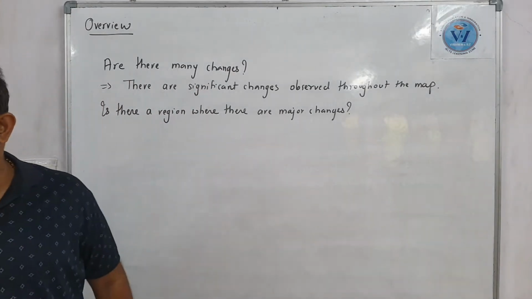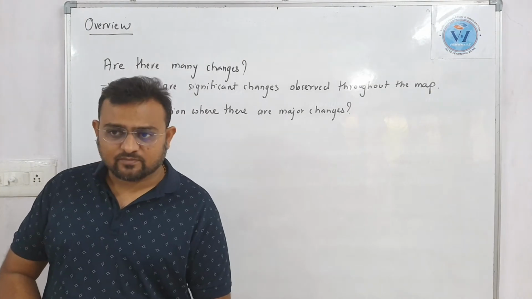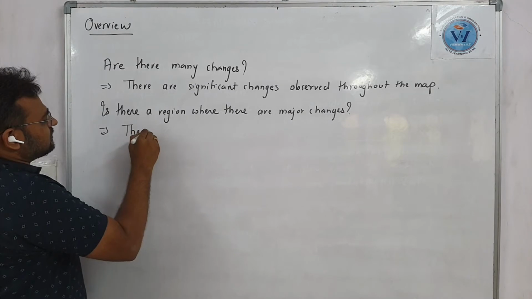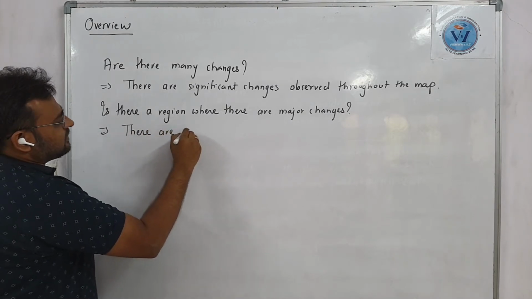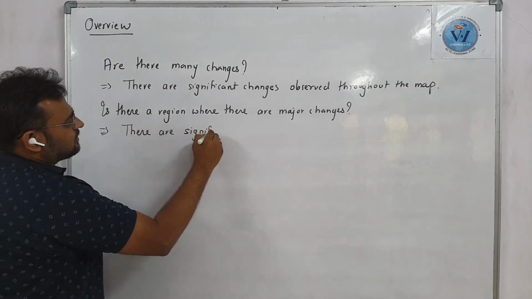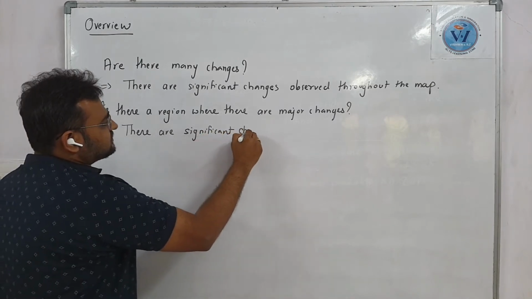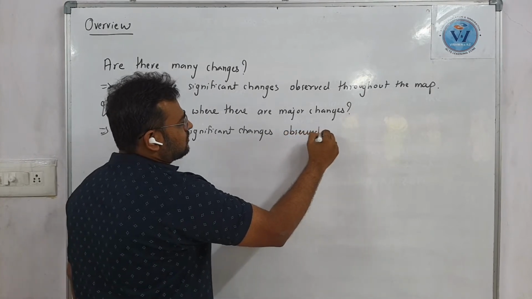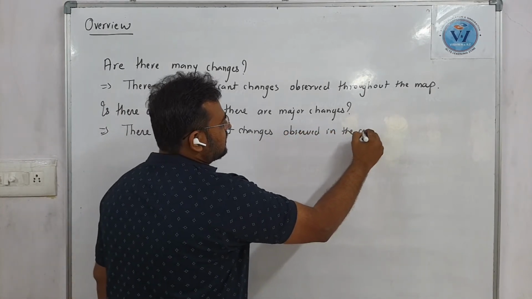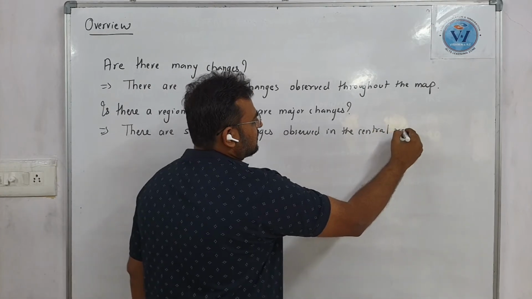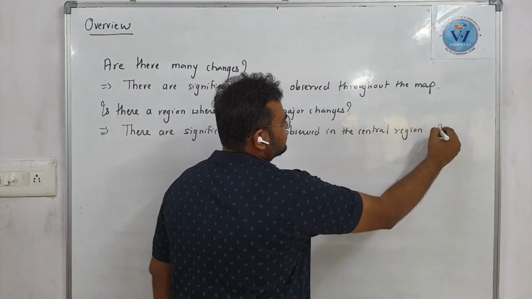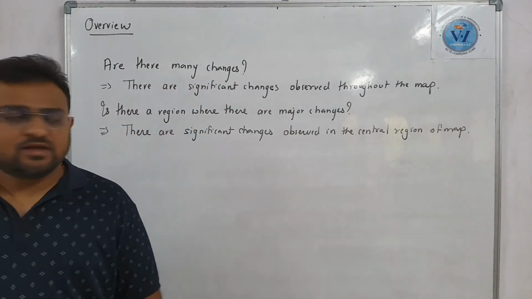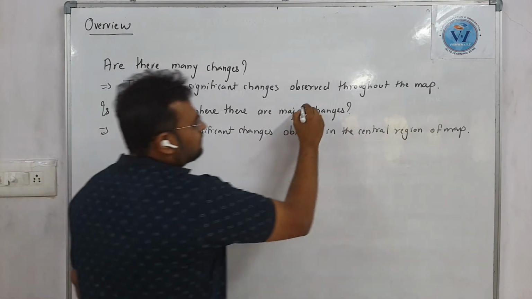If you get the answer, let's say there are many changes in the central part. Then you can write down, for example: There are significant changes observed in the central region of the map. Okay. Same way, I'll write down major or